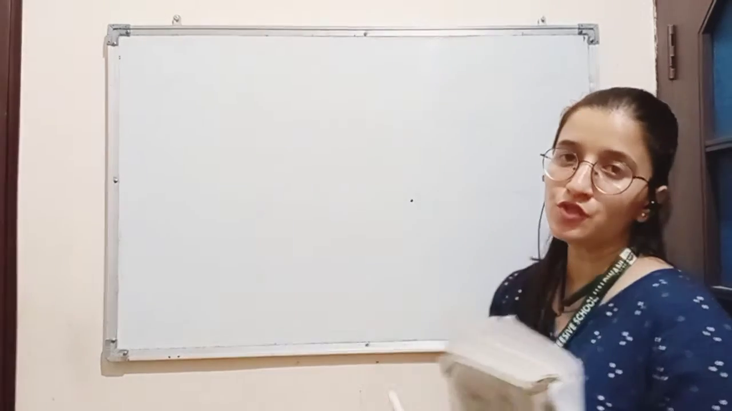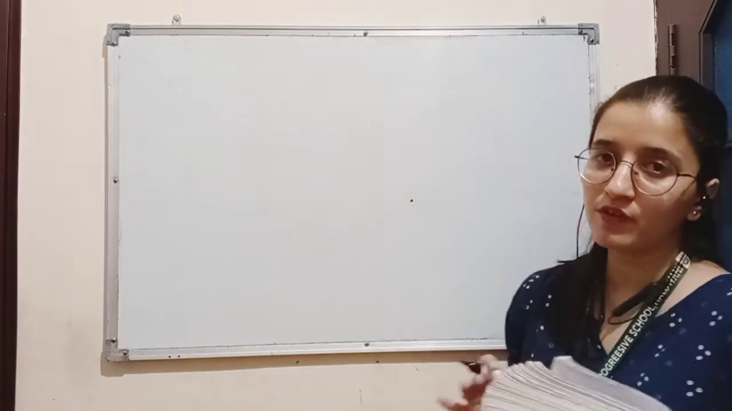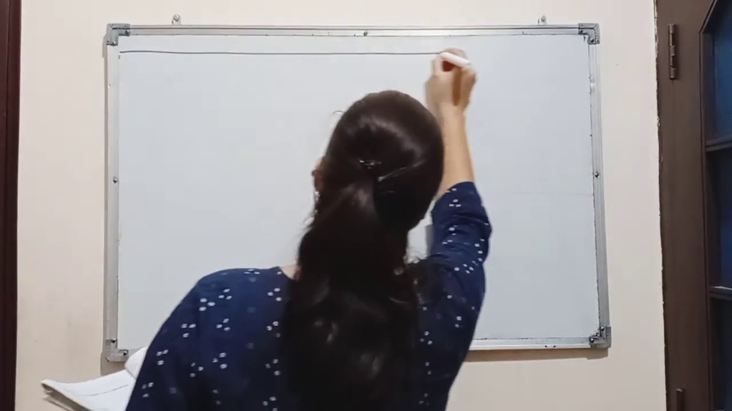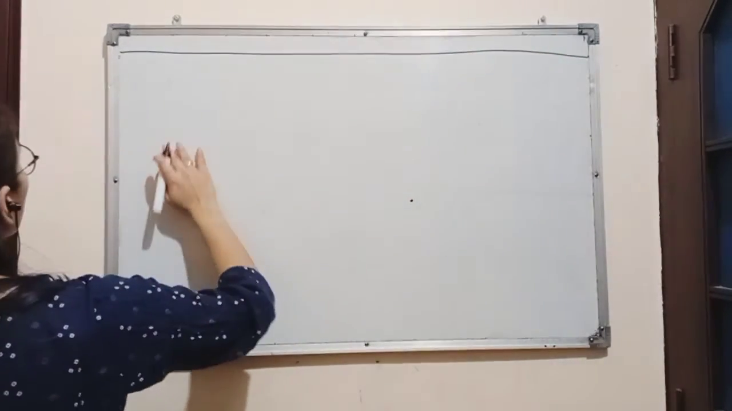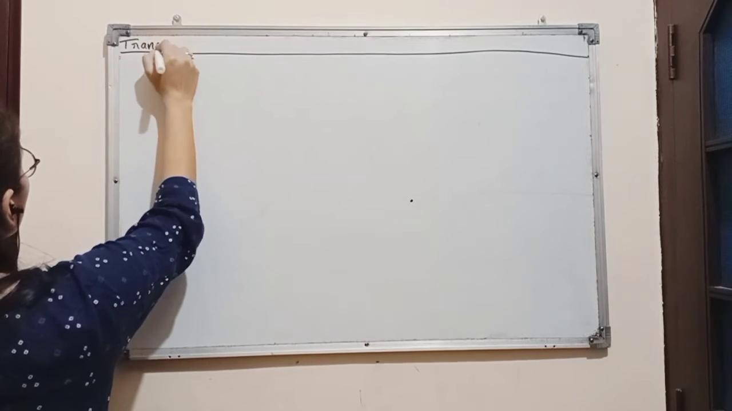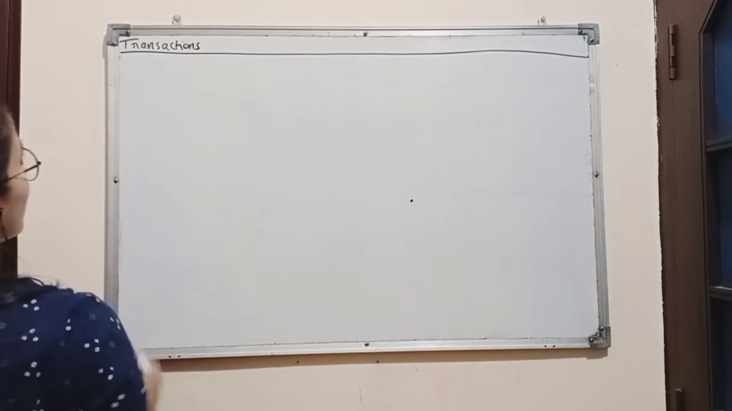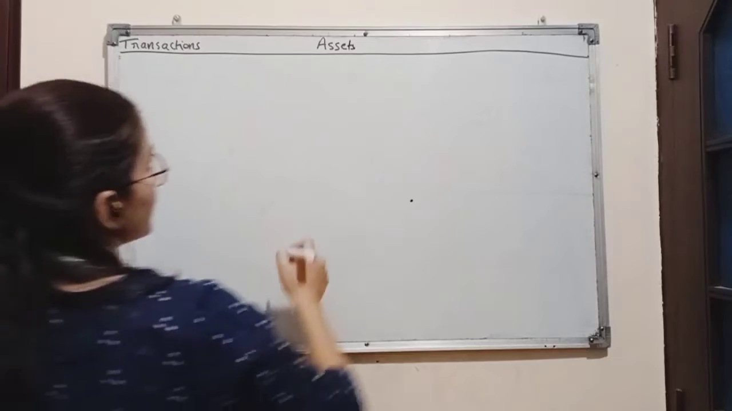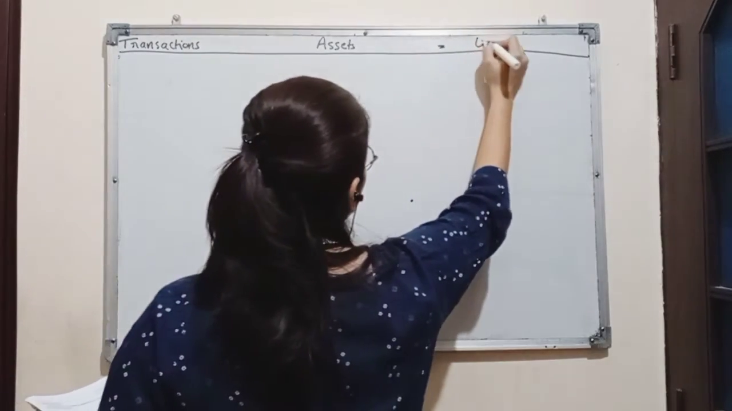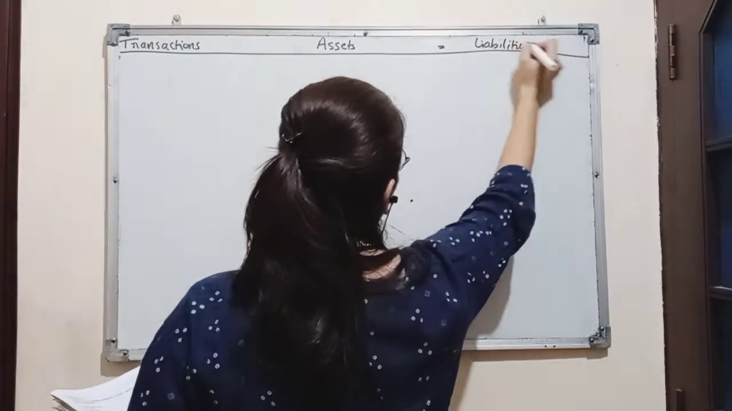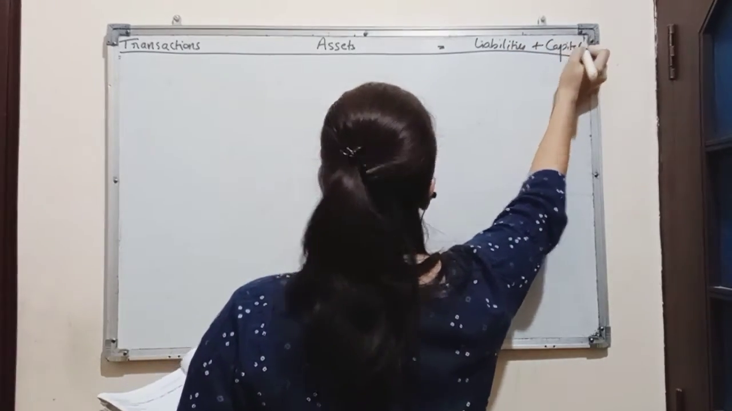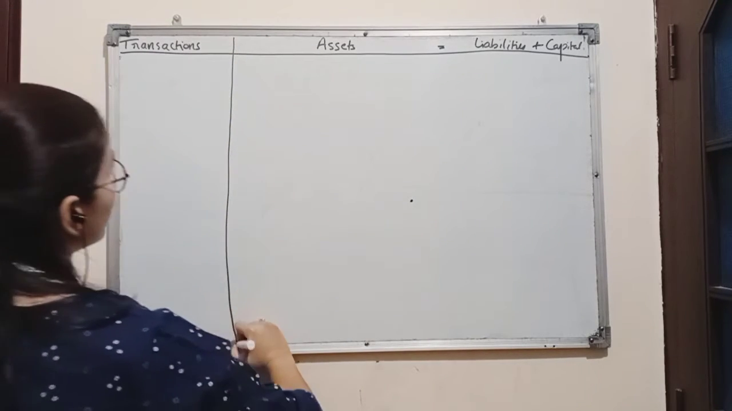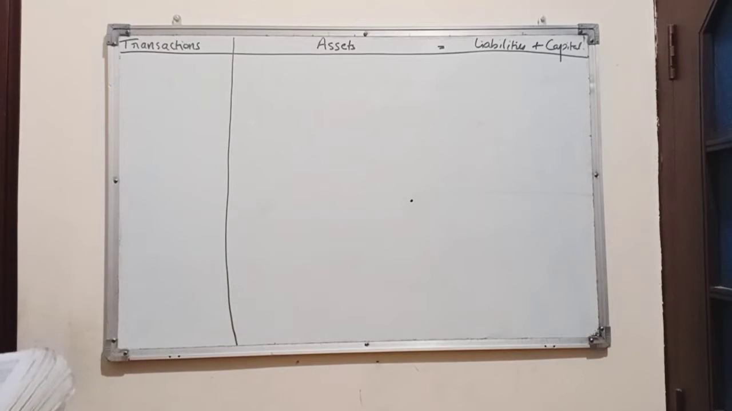So starting with the solution part, first we will draw the format of accounting equation. Format is, we know, first we will record transactions, then we record the equation which is asset is equal to liabilities plus capital. This will be the column for transaction. So first transaction